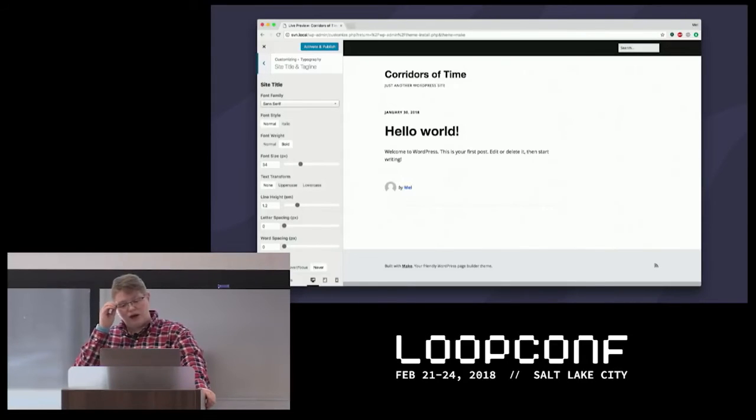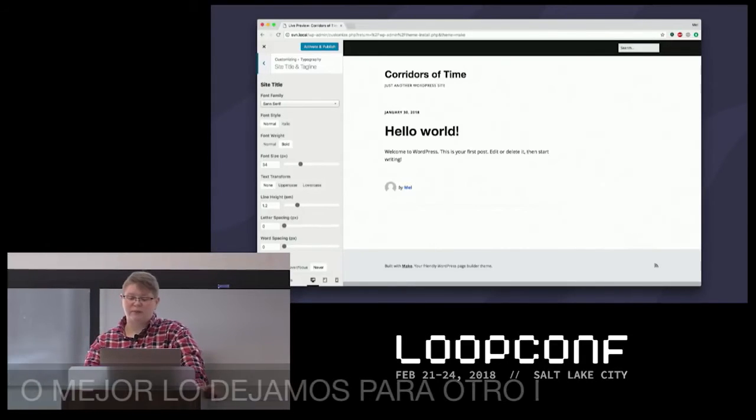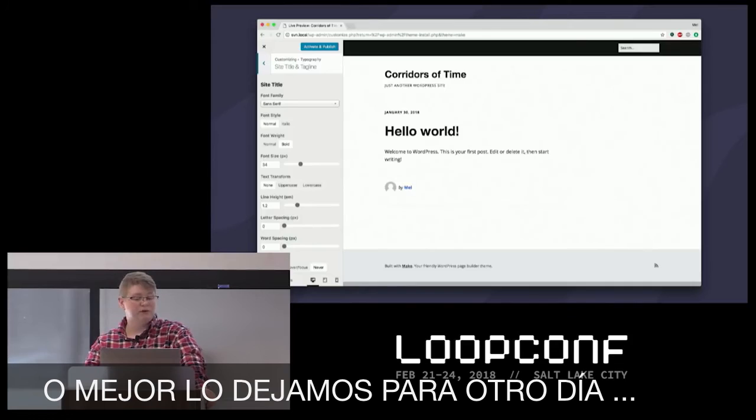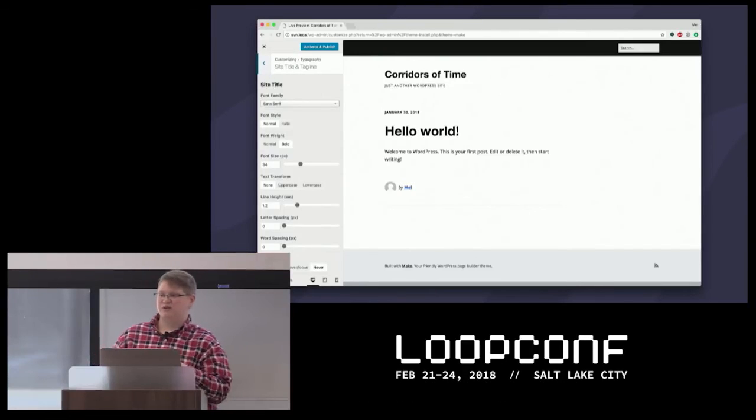For colors, we have the Iris library, but there's a ton of UI patterns that theme and plugin developers have to custom code, and it makes for an incredibly inconsistent experience. So if you've ever toggled between different themes,